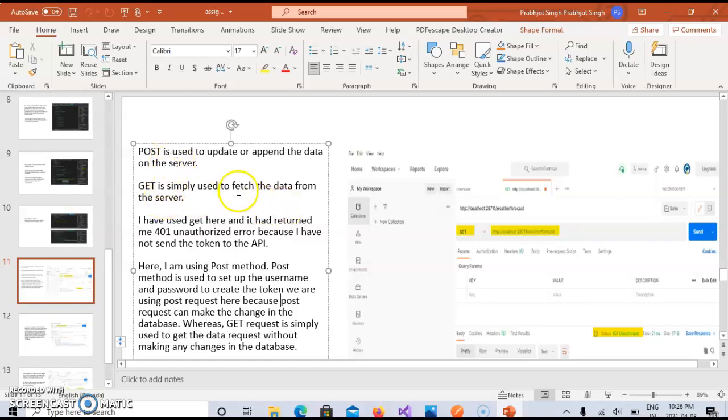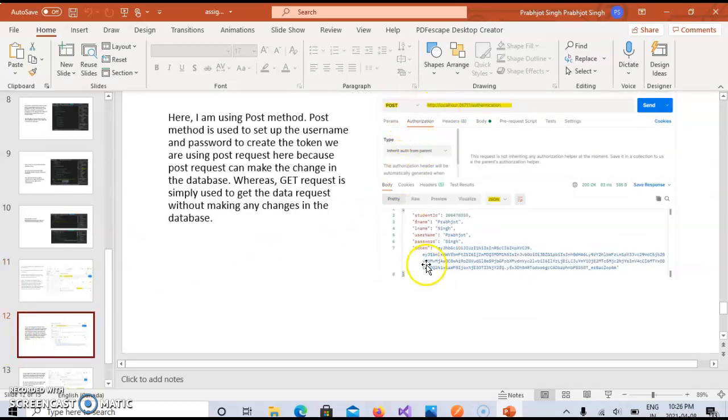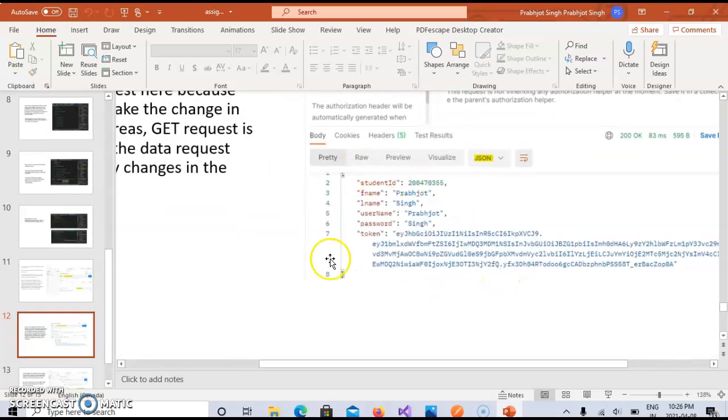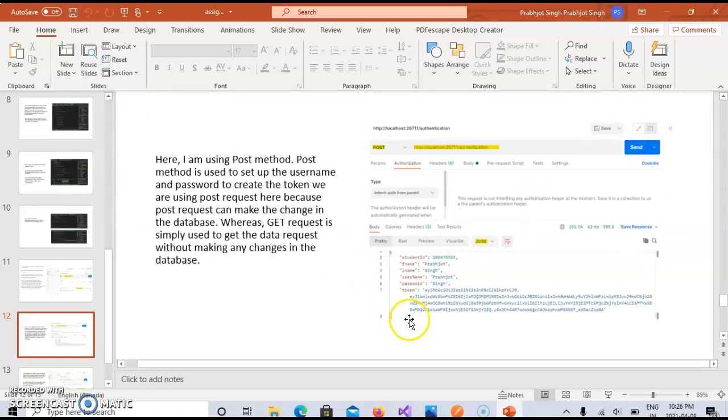But what JWT does is it creates a token for the client and stores that token on the client PC. And by using the POST request, we can send the information of the token, like here is the information of the token, to the web application, so that the web application can compare this token to the token that I have sent, and if the tokens match, that means the user is authenticated. In this way we can grab the data from the server or any web application.